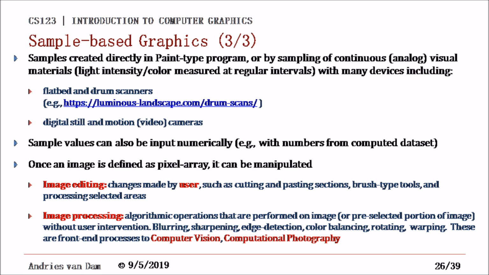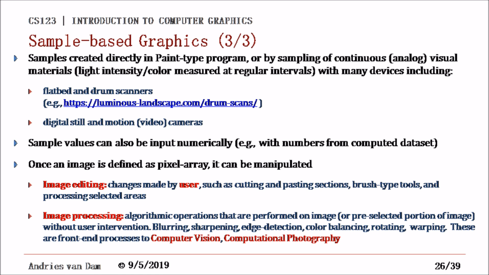Samples are directly created using a paint-type program or by sampling of continuous analog visual material, that is, light intensity and color measured at regular intervals with many devices including number 1, flatbed and drum scanners, number 2, digital still and motion video cameras. These are the various ways you can generate samples easily. Moreover, sample values can also be input numerically with numbers from computing data sets. That is, you can obtain the value of the pixel at the intersection of any row and column